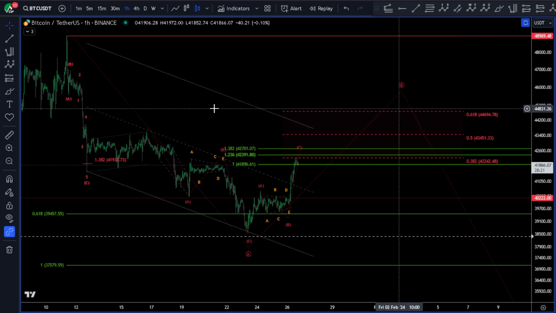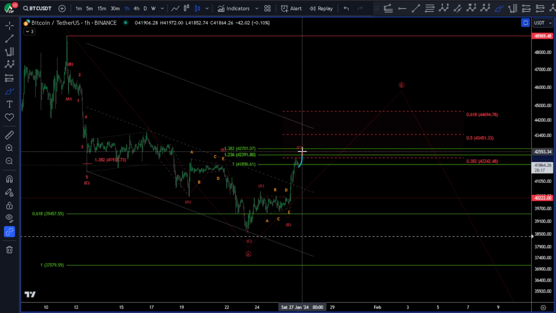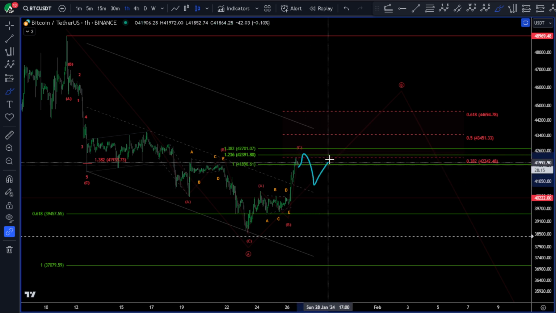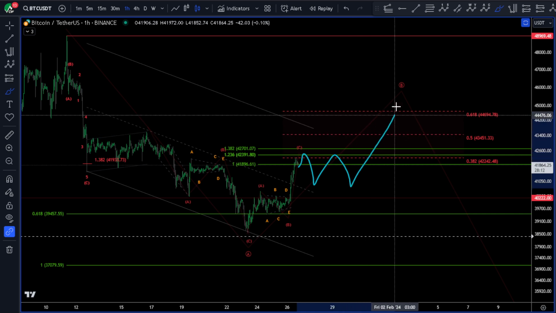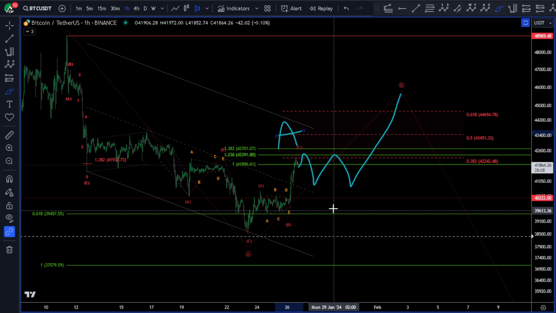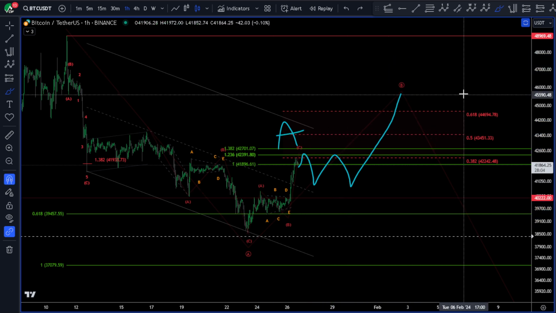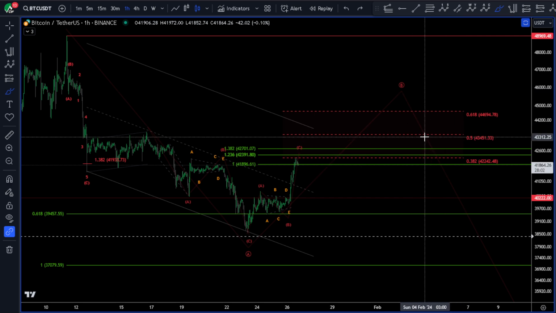So what I'm expecting here is either one more wave up and then a sideways correction, in which case we would get a B, C. This would become an A wave as a 3, B, and a C, and then further downside,